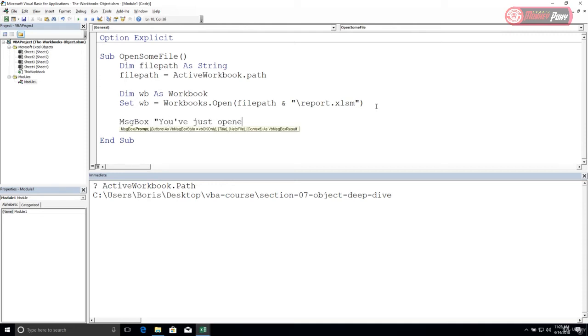And to this, we can concatenate something like wb.name. Our report workbook will now have a name. And we can also alert the user to the path of our newly opened workbook. So we can do the same path property that we saw earlier. We can say the file location of what you just opened is, and we're going to concatenate to the end of that